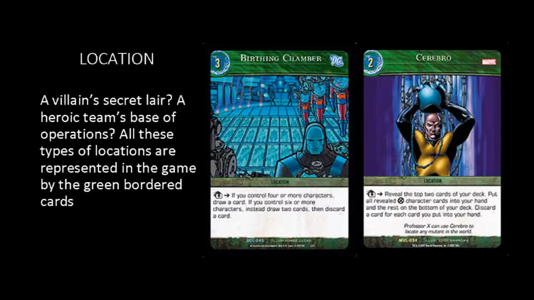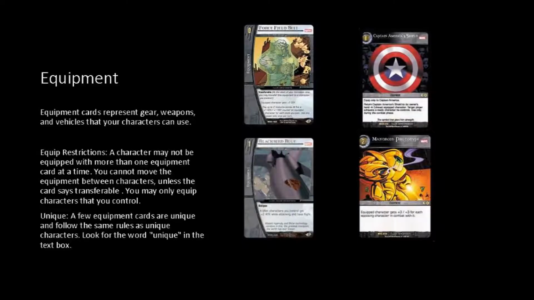So one thing you need to know about locations, like character cards, they are both unique. You cannot have 2 of the same location face up, and you cannot have 2 of the same character with the same version face up. So that's important. Next up is